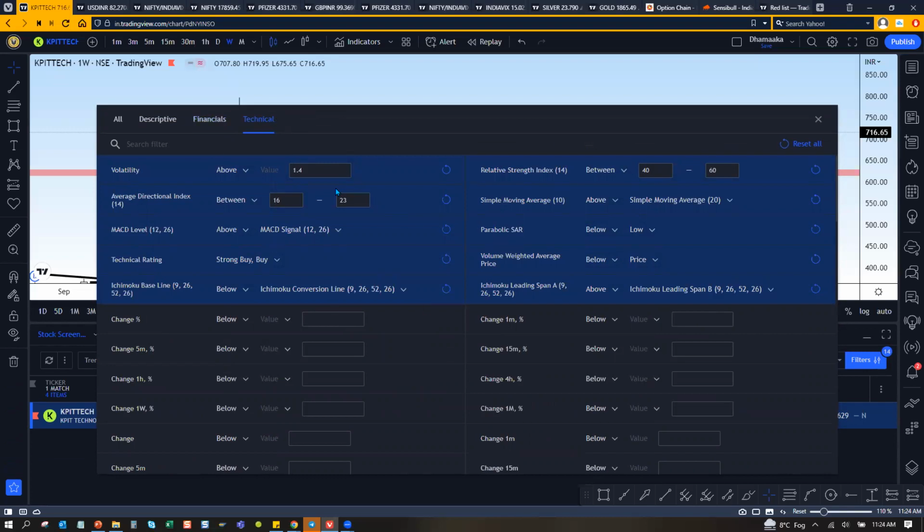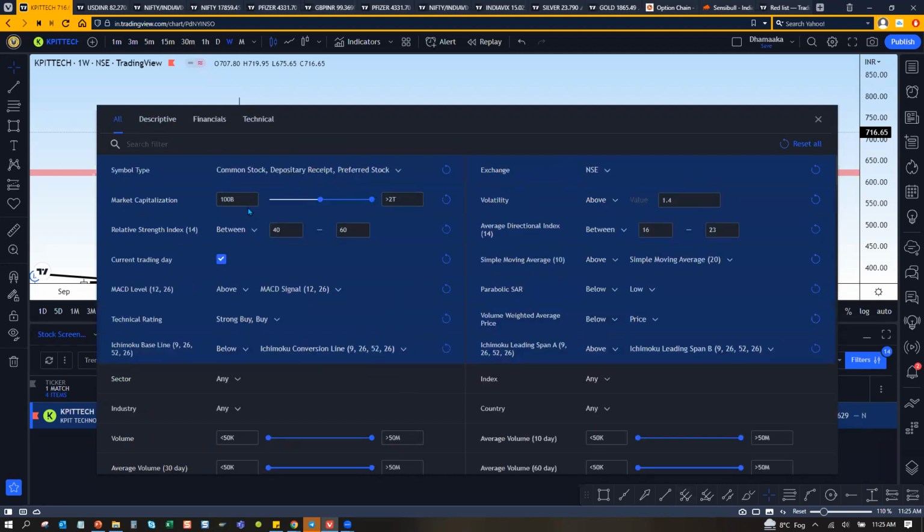And this is the technical one. So I have some ADX, moving average, parabolic SAR, VWAP, Ichimoku. So you see more than 4 or 5 indicators which are there. Ideally, it is very difficult for a very beginner person to do it, but he can set up a screener so that he is having a filtered view of the market for his own analysis. And then once you do this, you just have to save your screener.